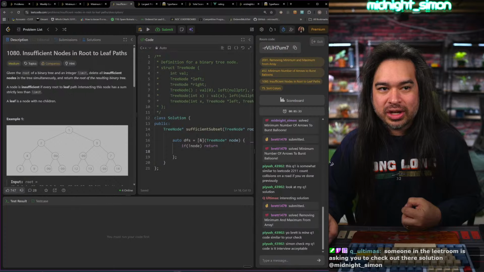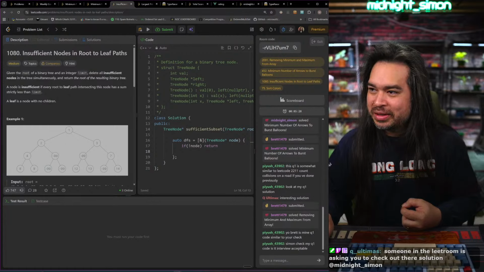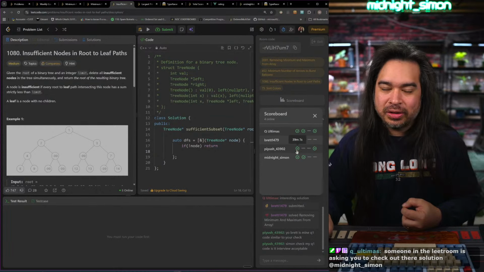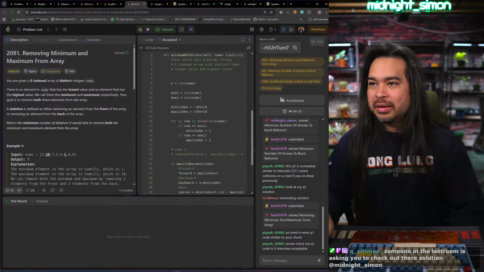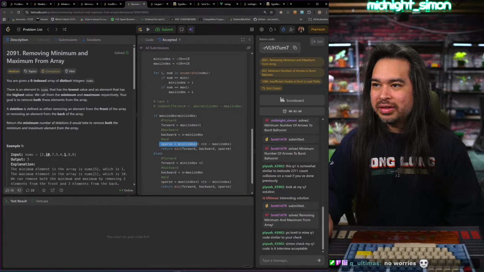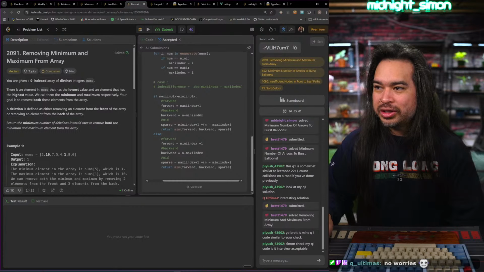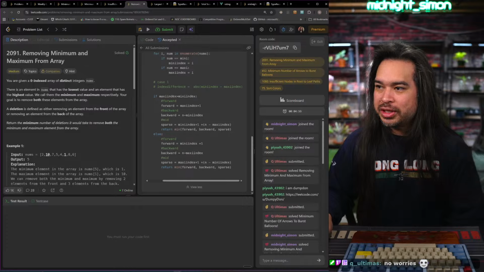Someone in the living room is asking you to check out their solution. Oh, my bad. It's Q1, someone similar to LeetCode 2211. I don't know if I've done that. Let's see, Q1 solution. Thank you, Q. Sometimes I don't see things, man. Forward, backward. Is that what you call it? Sparse? Oh, alright. I don't know if you're watching. Who is this? Dumpy Don? Dumpy Don, if you're still around and you're watching this,